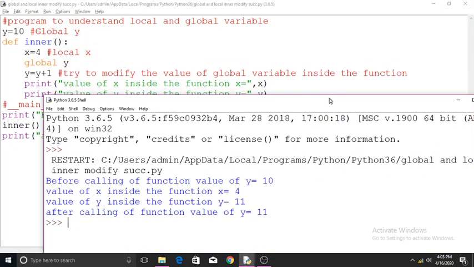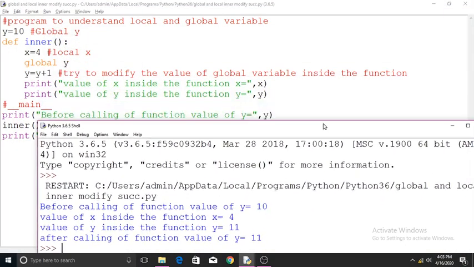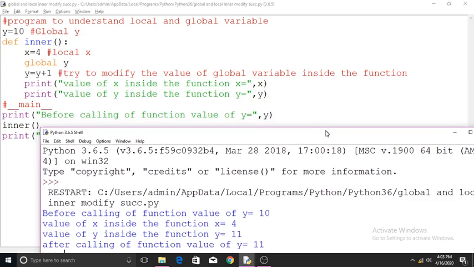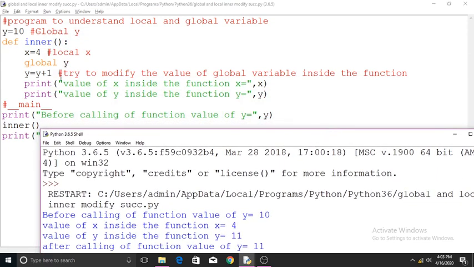You see, first the value of x inside the function, x is 4, sorry. Before the calling of the function, the value of y is 10, because the value of y is not changed, so it is 10.